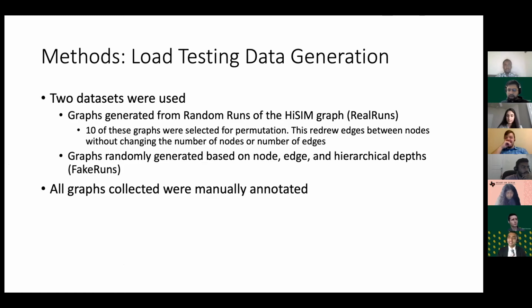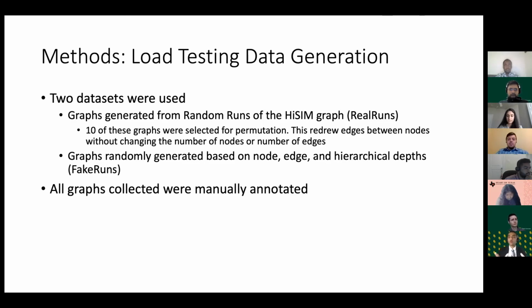To run these approaches, we needed data. I'm sure all you machine learning people know that we can't really do machine learning without data. So we had to generate two data sets. The first data set we generated was from random runs of the Hygiene graph, which we called the real runs. We found all the gene sets that are publicly available on GeneWeaver, randomly picked gene sets and threw them into the Hygiene graph to see what happens. Sometimes we'd get a nice, big, pretty graph, and sometimes we wouldn't get any graph at all. The idea was just to run the Hygiene tool with random gene sets and see what we get.